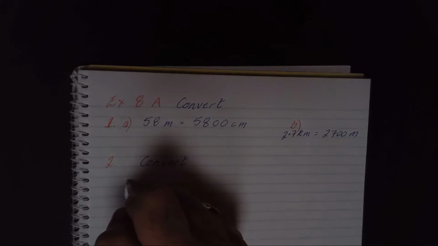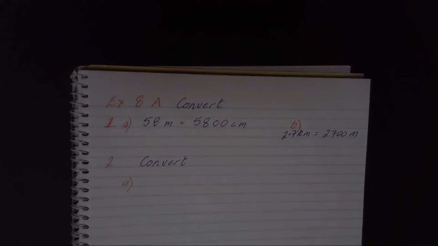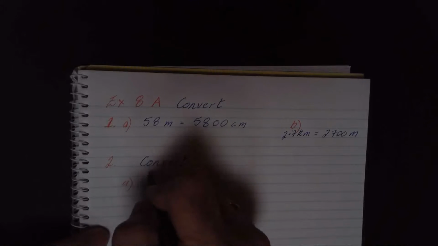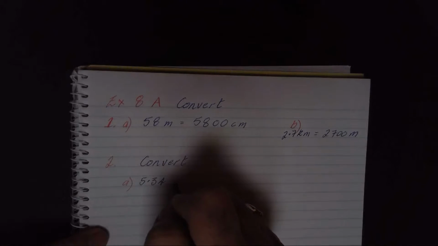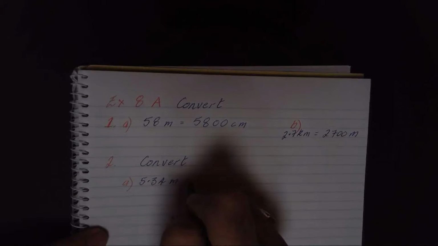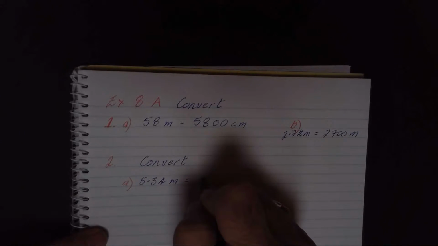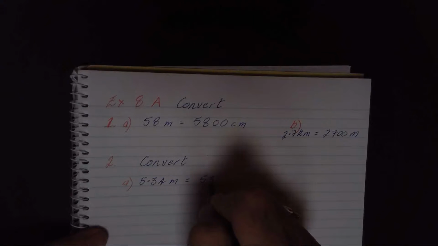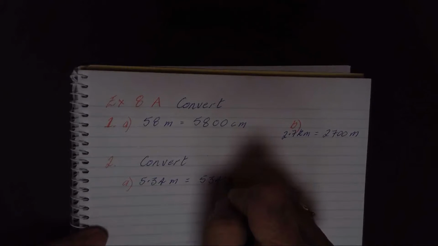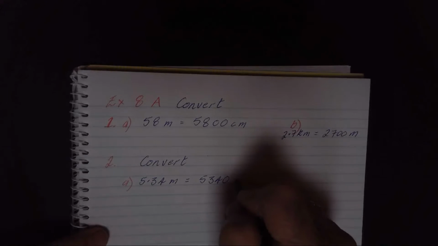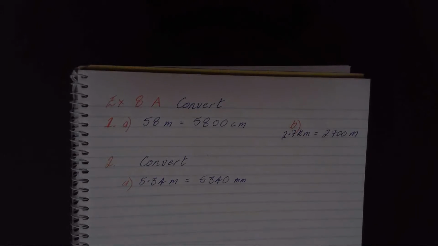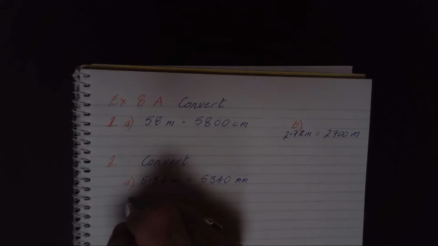Let's just do a couple. 2A says 5.34 metres into millimetres. 5.34 metres, well, that will equal 5,340 millimetres. 5,340, because there's 1,000 millimetres in 1 metre, and I've got 5 of them and 0.34. Part B,